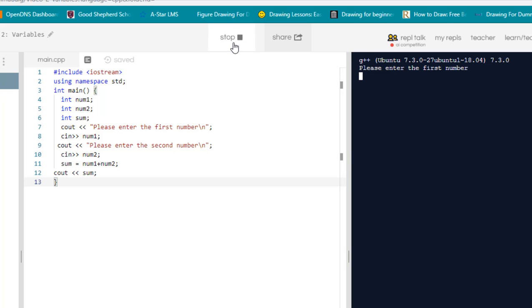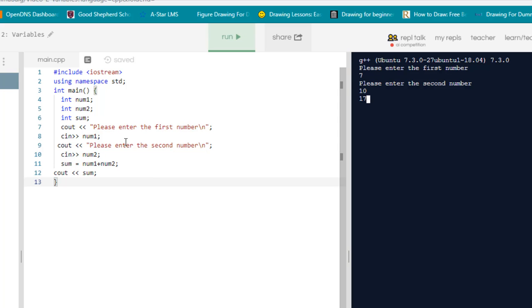So please enter the first number. Let's do 7. Please enter the second number. Let's do 10. And the result I get is 17. So it did the math for me. Now it's good practice when you're doing this to put something before sum here that tells you that that is